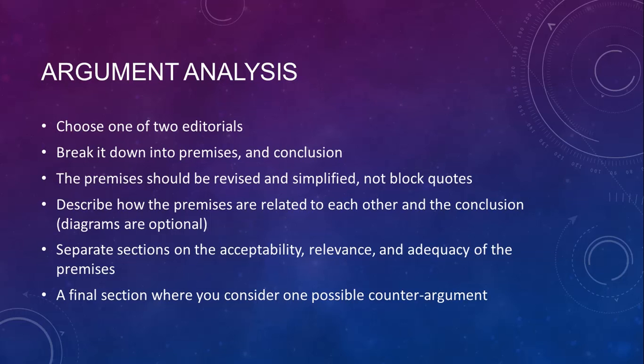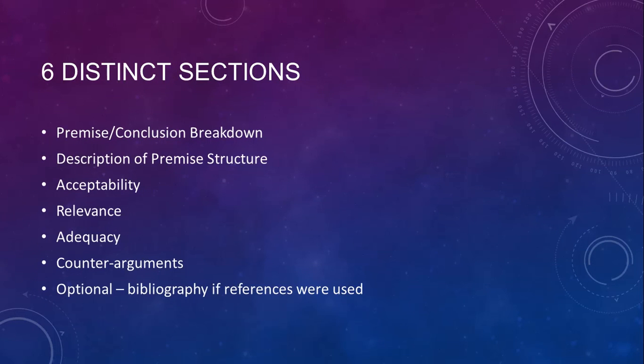Okay. Hang on. All right, so I'll just do this now. There's going to be 6 distinct sections. This is not an essay. You do not have to do an intro, conclusion. You don't have to write nice connective sentences or anything like that. What I want to see are at least these top 6 sections labeled as such: premise, conclusion, breakdown, and then you do P1, P2, P3, however you broke down the premises, and optionally a diagram.